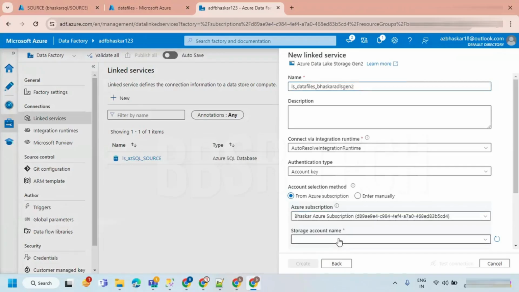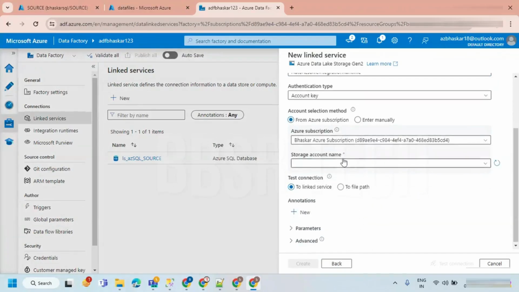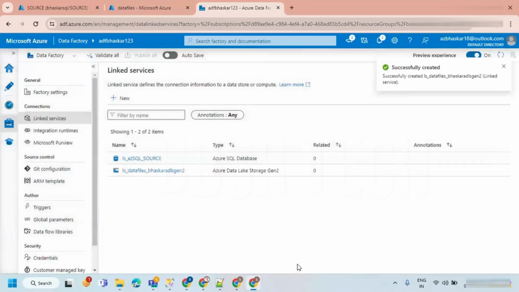Let's take a subscription, the storage account name, make a test connection and hit create. Now the linked service is created.